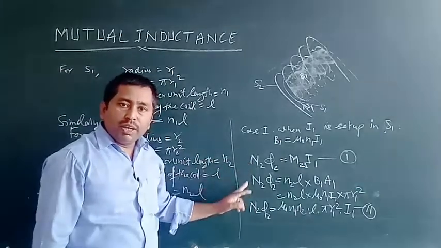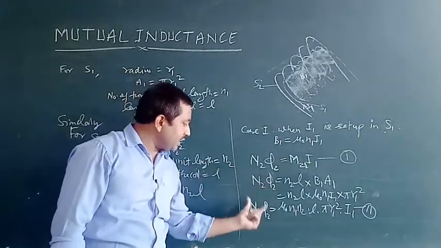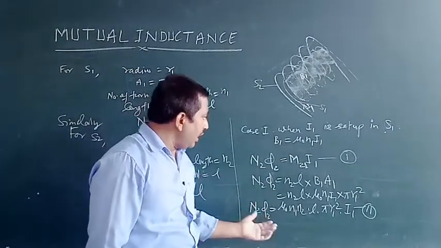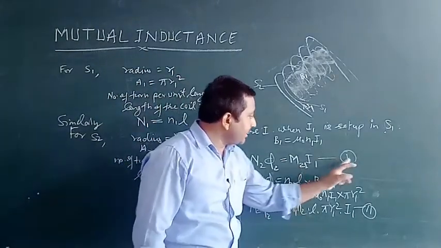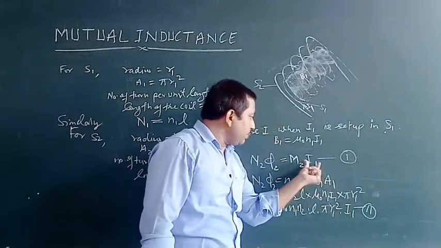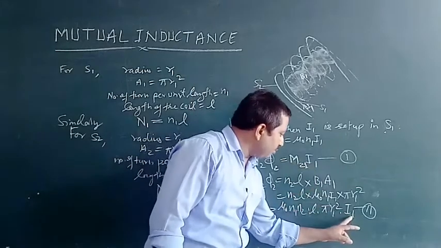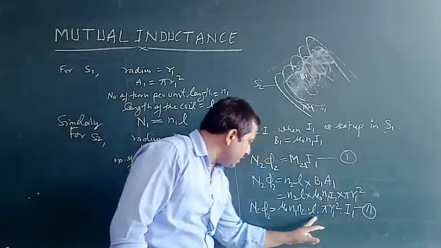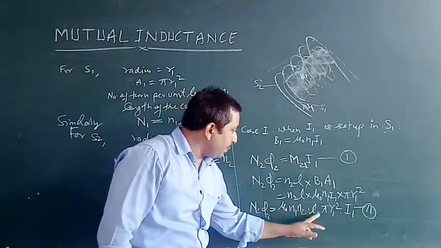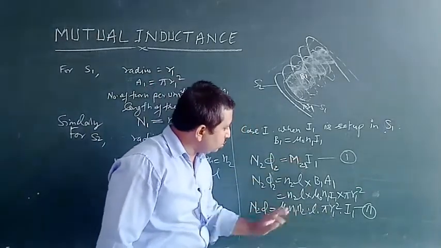From equations 1 and 2, we are seeing that the LHS of both terms are the same. Also, the RHS term contains the coefficient of I1. The coefficient of I1 in the first is M21, and the coefficient of I1 in the second equation is mu 0 N1 N2 L pi R1 square. So on comparing equations 1 and 2, we get